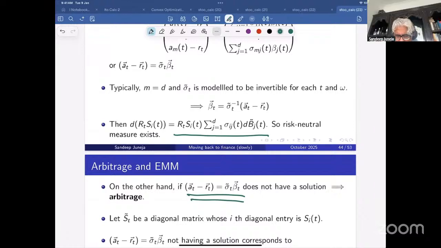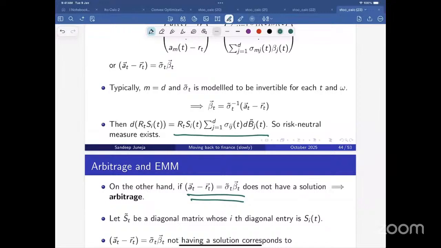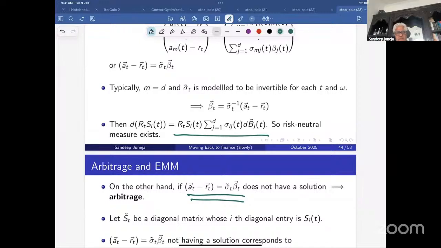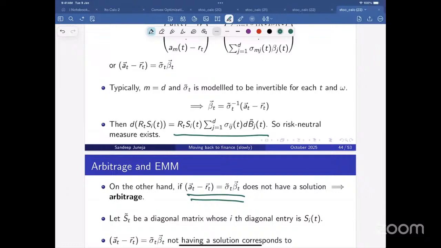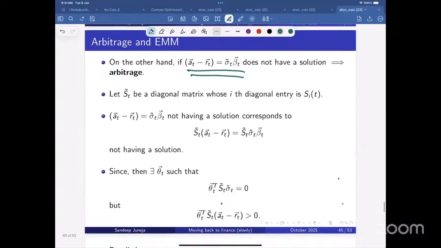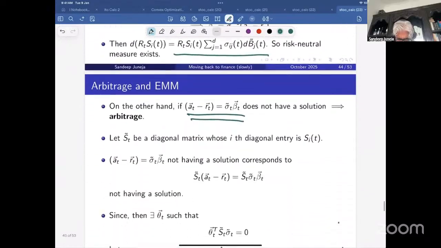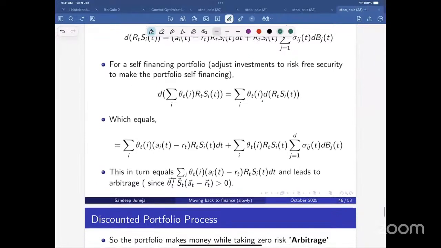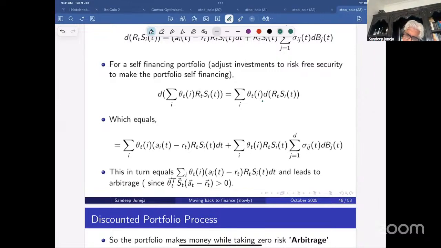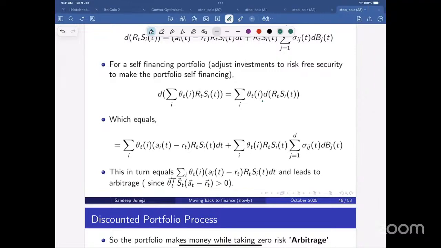So we concluded that if, let's say, X_t is the discounted portfolio process, we essentially showed that dX_t equals r_t times the inner product of theta and dS_t minus r_t dt. And we said that the inner product part is greater than zero. So essentially we've shown that dX_t equals r_t times something greater than zero dt. But it's not greater than one necessarily, right? I guess I'm not understanding why that implies that it's making more than the